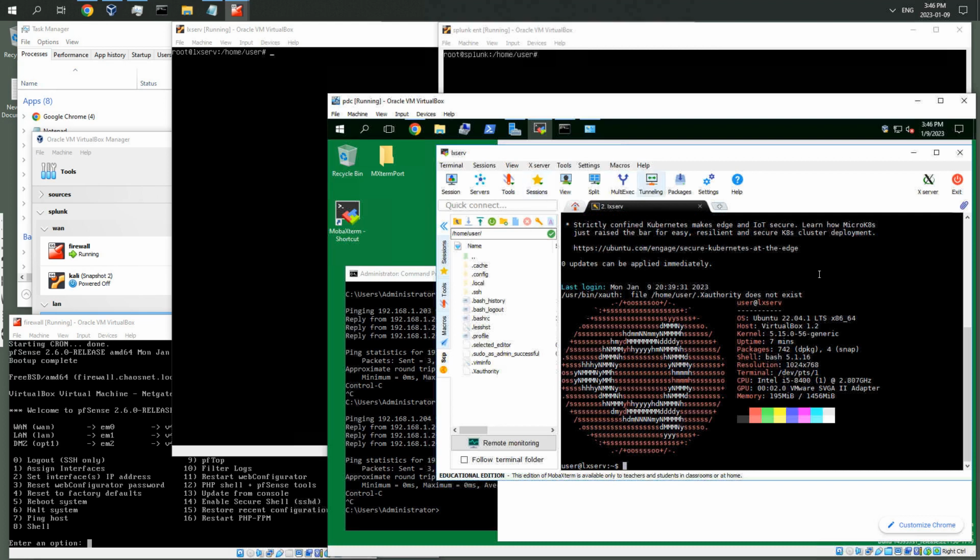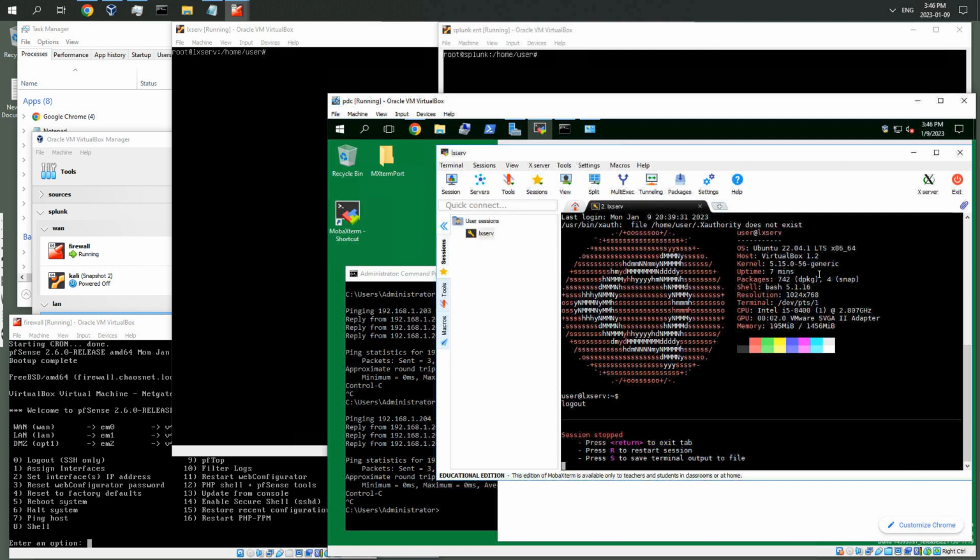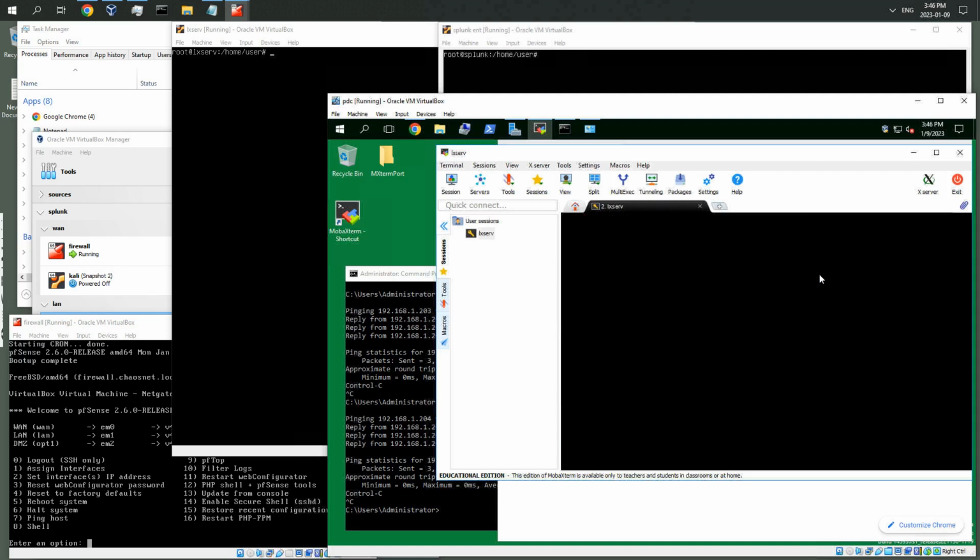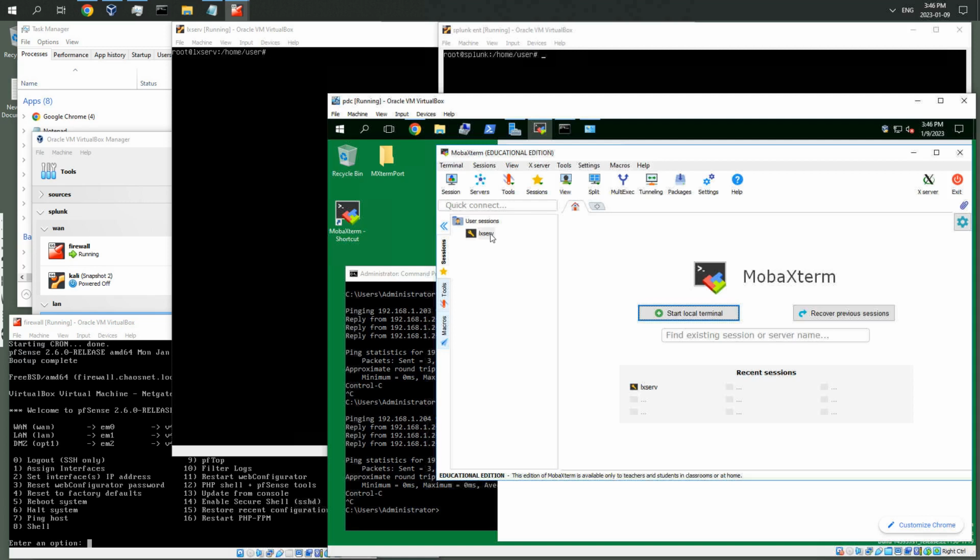Now I'm going to go out. I'll press Control D on that, or exit, and then as you see it says press return to exit the tab, if you would like to restart the session or to save the terminal. There are shortcuts which are small letters even though they are written with capitals. So I'll click enter, and I'm going to duplicate this one. Right click and I'll say duplicate session. It's not needed, but I just would like to show you that it's possible to do. If you need to copy something which has a lot of